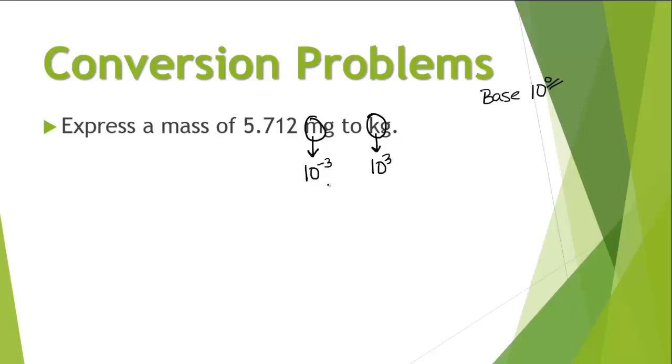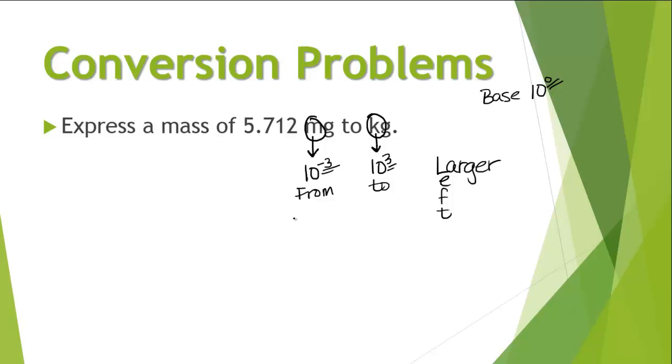Now I'm going to look at, as I change from 10 to the negative 3 to 10 to the 3rd, am I getting larger or smaller? Well, 10 to the 3rd is 1,000, and 10 to the negative 3 is 1/1,000th, so we are definitely getting larger. Our rule to remember is, if we are getting larger, we move to the left the difference between the exponents. So here's my exponent of negative 3, my exponent of positive 3, and we are going